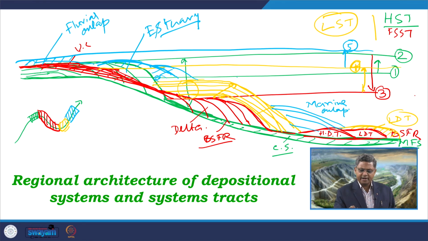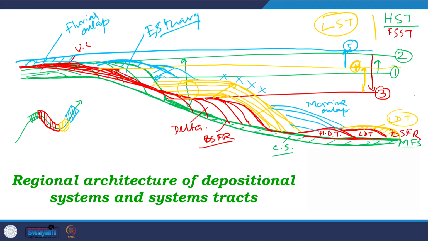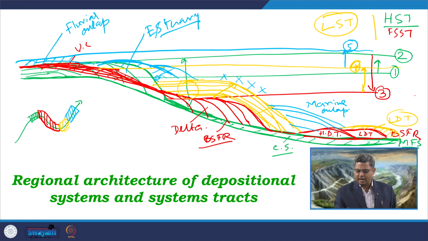Commonly, we do not get any deposition occurring over here in this zone, and in some cases we can get just a deposition of a condensed section in this part of the basin, because this area remains starved in terms of sediment supply, in terms of supply of sediments from the landward side. So, we can get some turbidite deposits which are gradually retrograding, as well as we can get some low density turbidites over here in this part. So, these deposits are also called as healing phase deposits, which will form during this TST. So, this blue color portion that I am drawing over here, this represents the TST part.